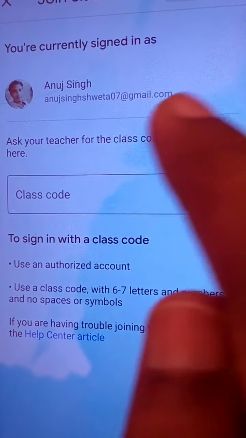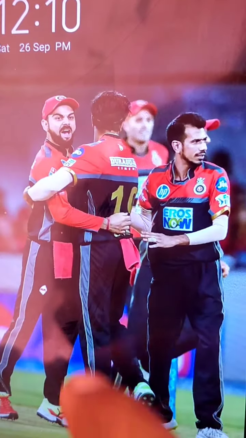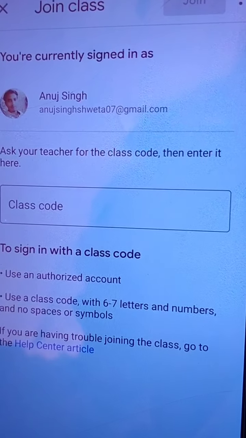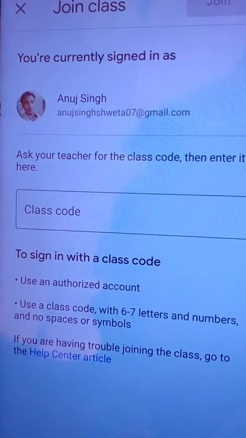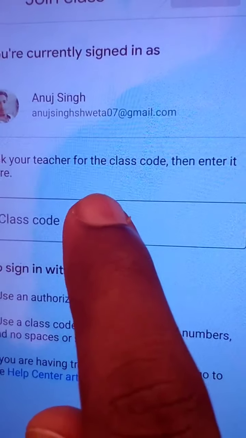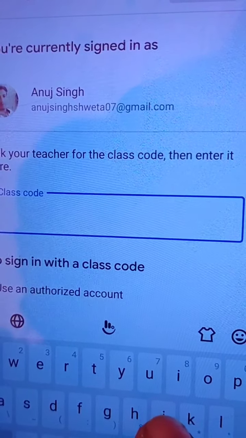Okay children, here you will enter the code. From where will you get the code, that will be a question. All the subject teachers send you a code to join the class, and you have to join all the classes. Like English is there, so for English a different code is there, you have to join. I have one code, I'm just joining. This is the code for class 5. So let's join one class.